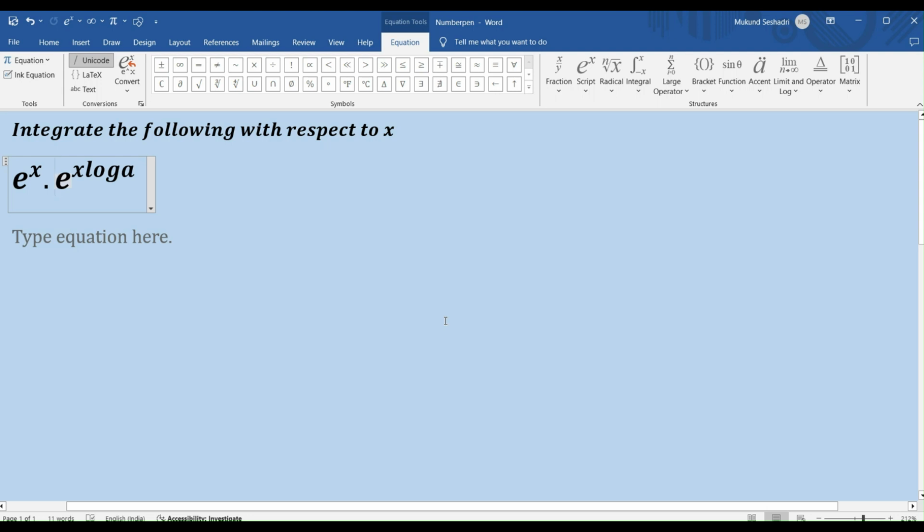So there we have the problem on the screen. Integrate the following with respect to x. We have e to the power x into e to the power x log a, right? So my e is a constant,